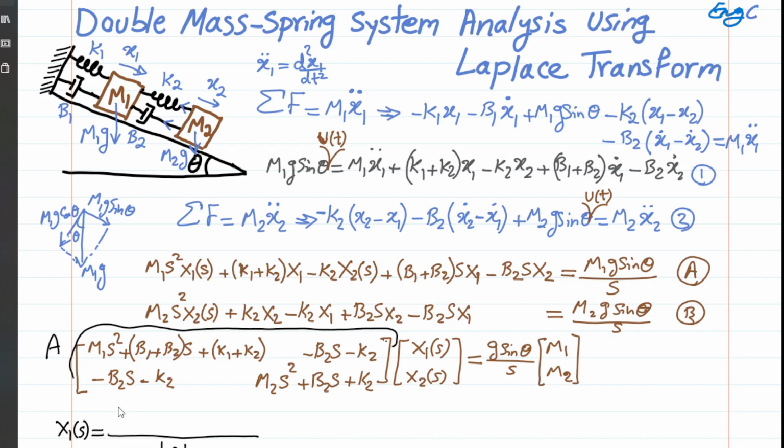So what you're going to get is determinant of that matrix, so g sine theta divided by s, multiplied by m1 and then multiplying m2 s squared plus b2 s plus k2